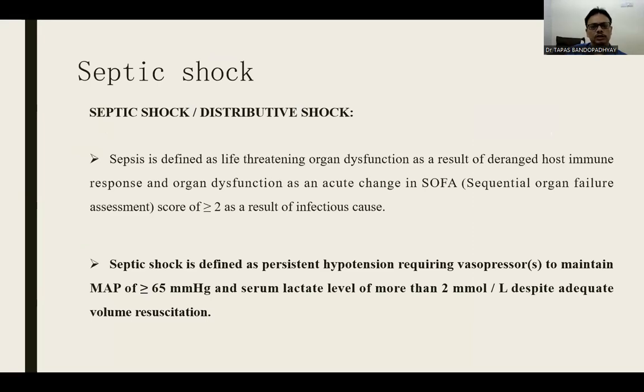Now septic shock, as you all know, is defined as life-threatening organ dysfunction as a result of a dysregulated immune response, and organ dysfunction as an acute change in the SOFA score, sequential organ failure score, of 2 or more. I am not going into the detail of the SOFA score. You will get it in your textbooks. So septic shock is defined as persistent hypotension requiring vasopressor to maintain a mean arterial pressure of 65 or more, and serum lactate level of more than 2,